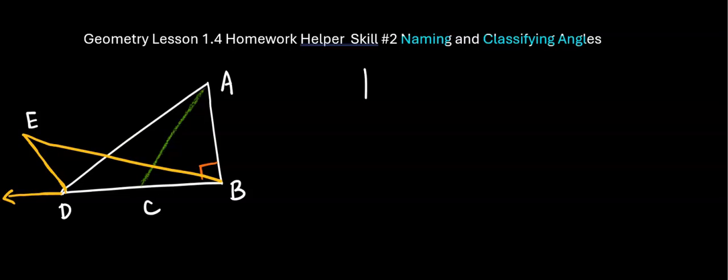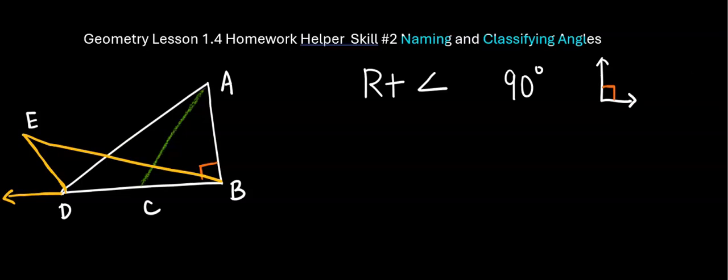Example 1, how to find a right angle. This is the way you write right angle. We know a right angle must be 90 degrees. We also know that a right angle will give us a right angle symbol that looks like this. For example, we don't know if this is a right angle or not. Of course, we can measure it, but if the diagram shows this symbol, that means it's a